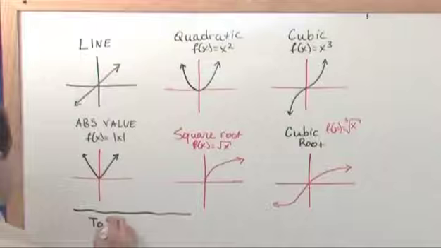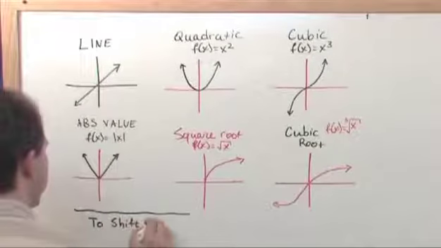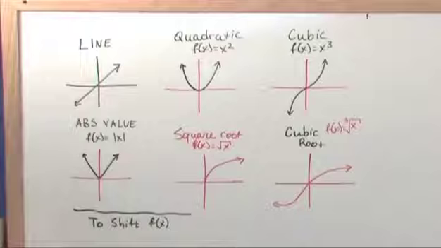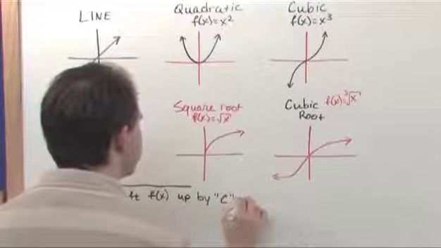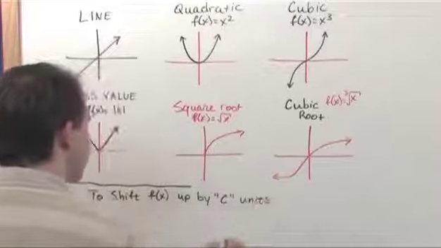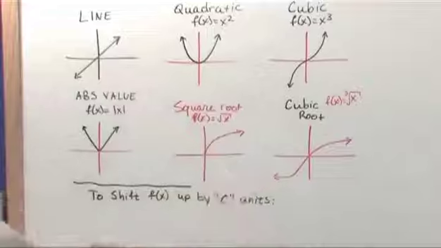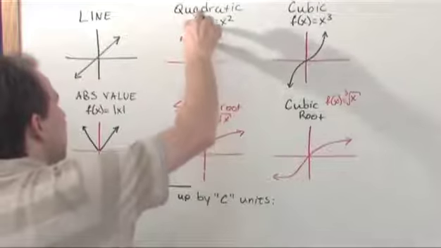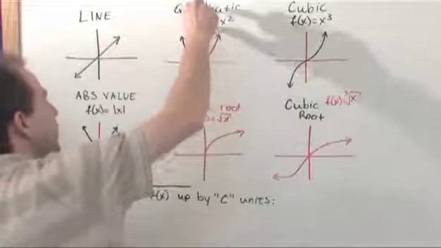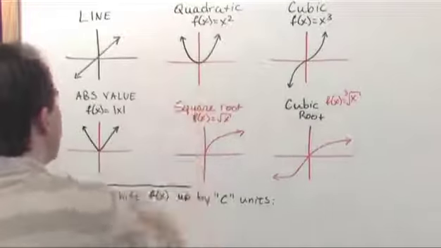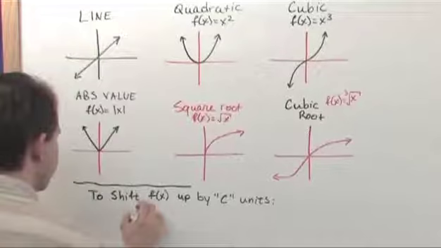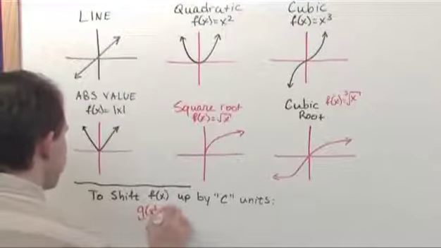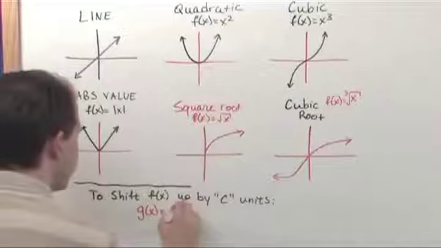To shift f of x, so this could be any function, to shift f of x up by c units. So what I'm trying to say here is, if I wanted to take any of these functions, or any function, and slide it up c units, or some number of units up, if I just wanted to take this quadratic and shift it up, or this line and shift it up, what would I do? Well, in order to pull that off, the new function, which we're going to call g of x, is going to be equal to the old function, which is one of these on the board, or some other function,